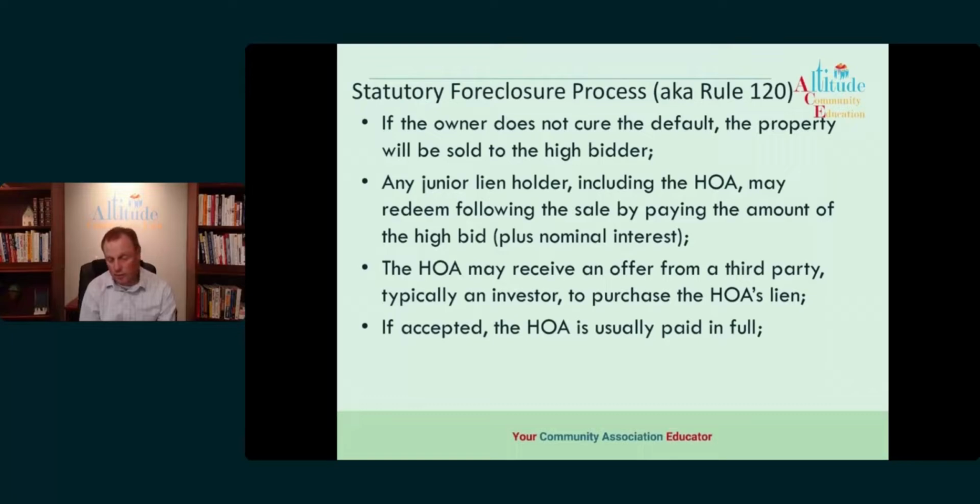Once we're paid in full, we're out of it. The investor takes over for that junior lien position, and what they do with it, they do with it. Every once in a while, you have some investors who are not quite as above board as others, and so they might take additional steps that maybe they shouldn't be taking, which is why we try to make sure that the HOA is completely out of it. Every once in a while, the HOA might get pulled in on some ancillary lawsuit, but for the most part, once it's sold to the investor, we're done. We don't have to worry about anything else.